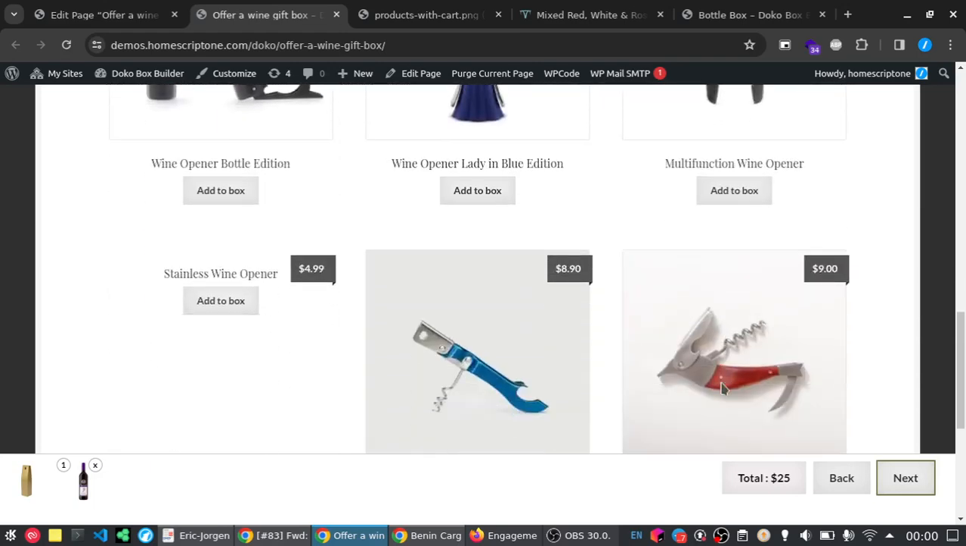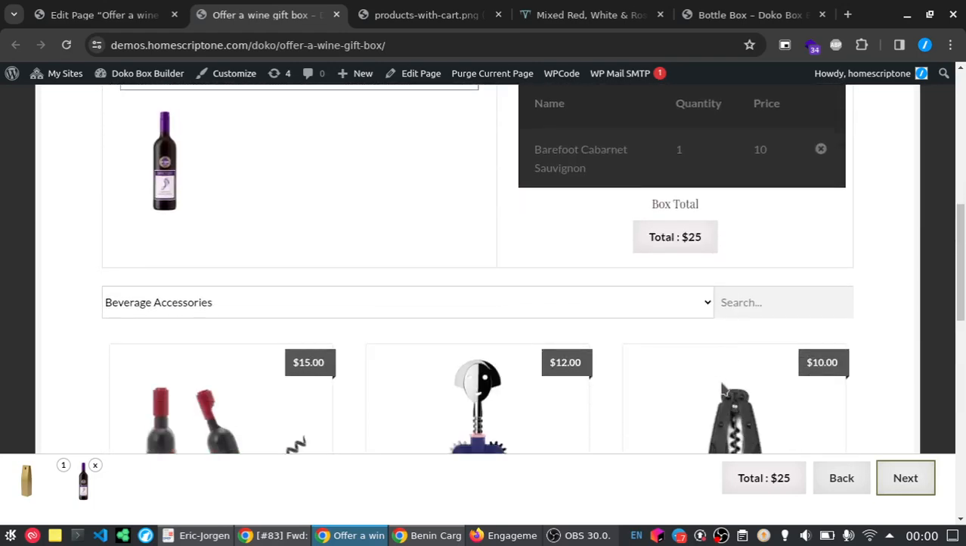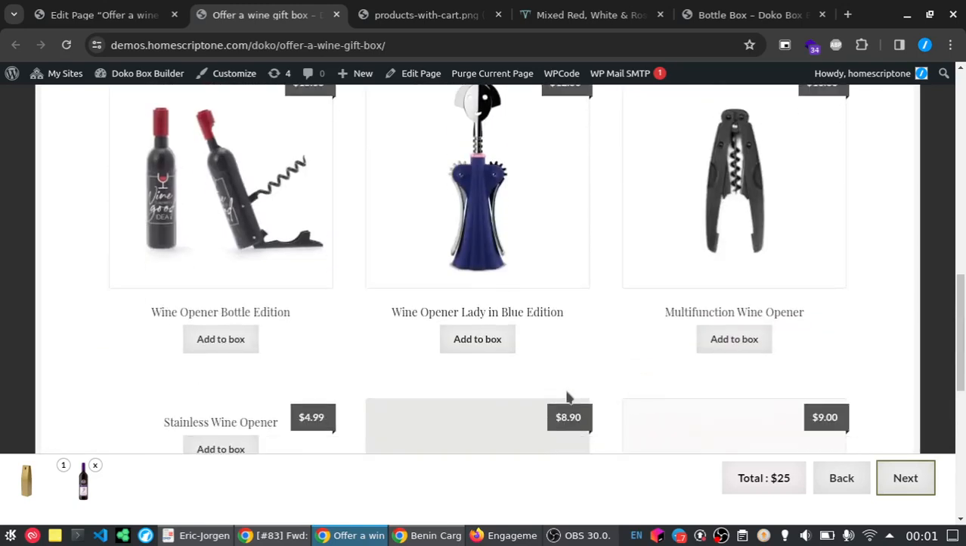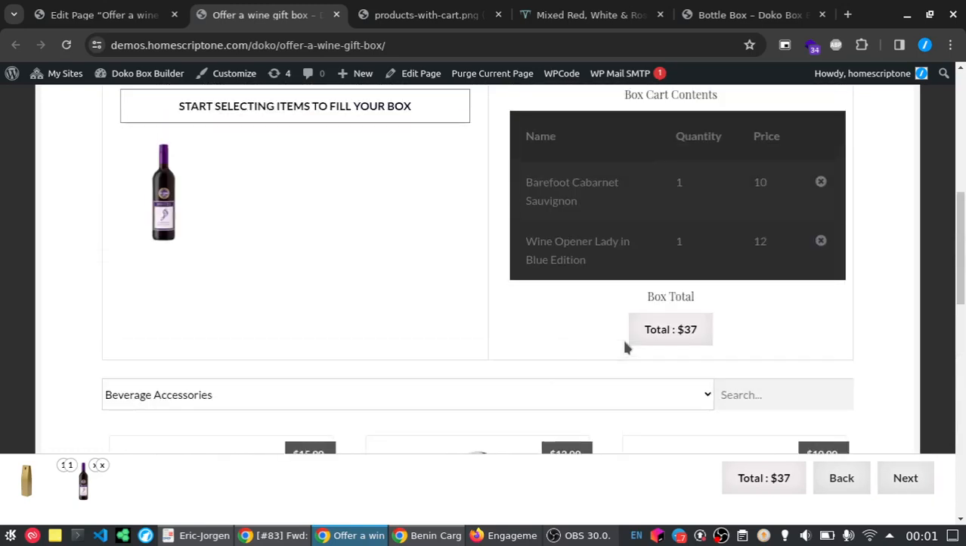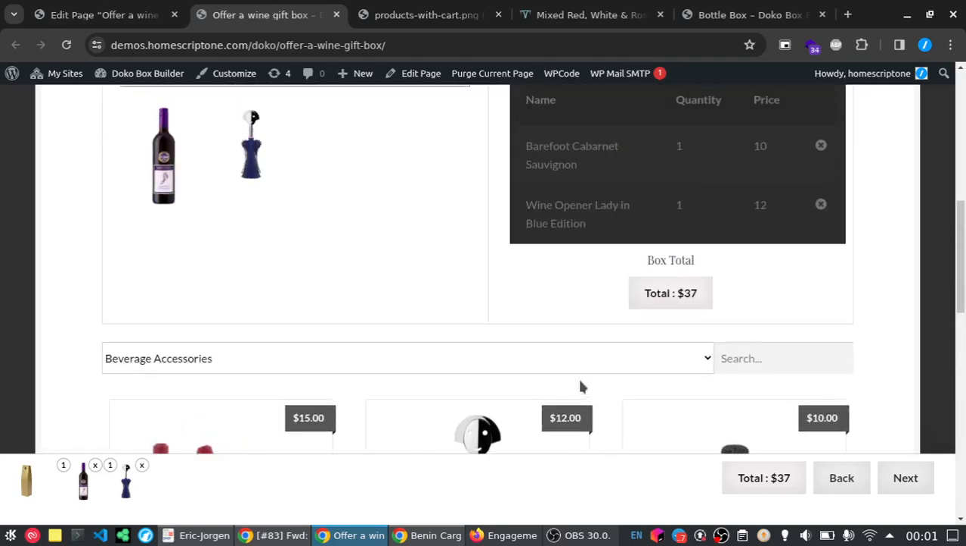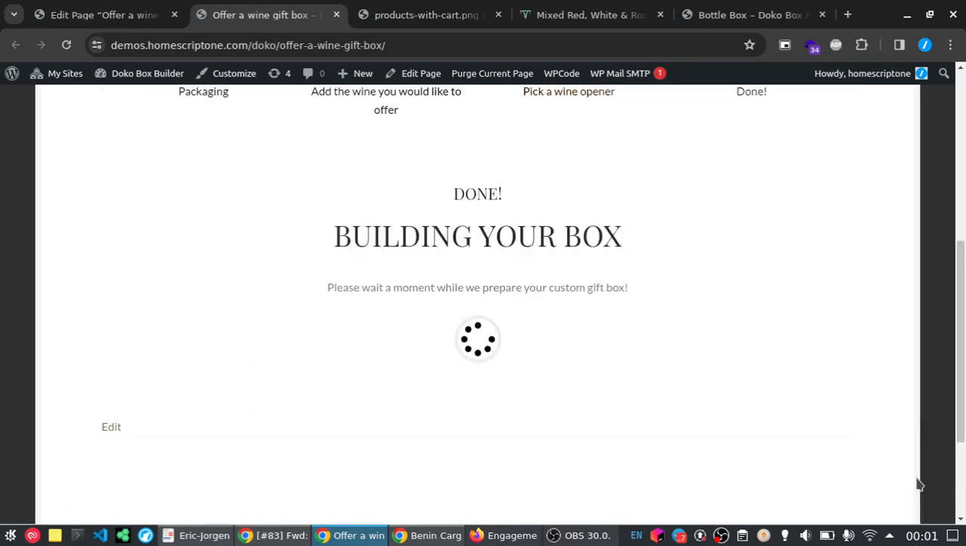In the next step, I will have to add this wine opener. Okay, these two products will be contained in this package. So that's all. I will just click next. All the products will be added to my cart. So if I click view cart,